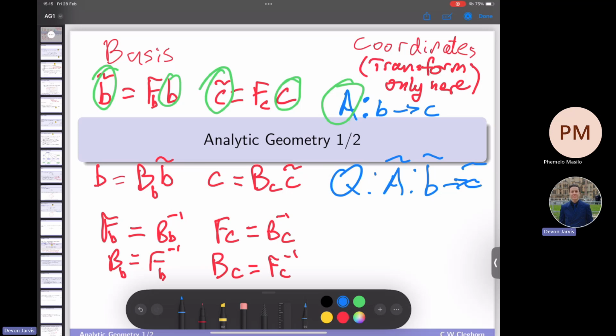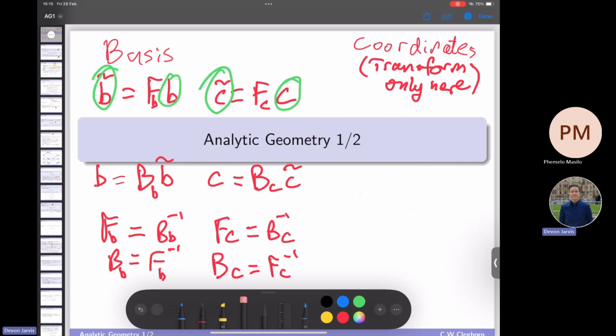So there are two different representations of the same space. Same space B, same space C. I can represent them both with different bases. I can transform from B to C, and I've told you exactly how that would happen. But what's the equivalent way that it would happen in my new basis? That's what I'm asking you to do. So what you're going to start with is saying, well, I'm in coordinate space, right? So when I'm working with coordinates,